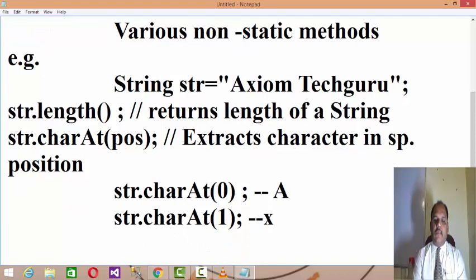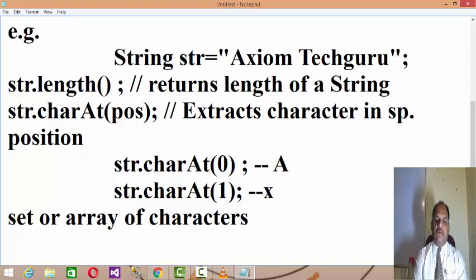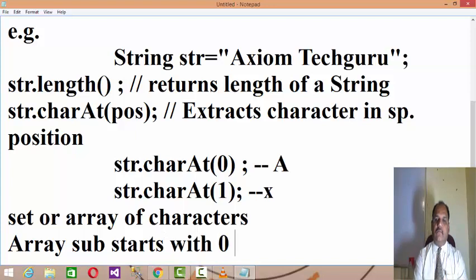It's again a set or array of characters. As you know, array subscripts start with 0.